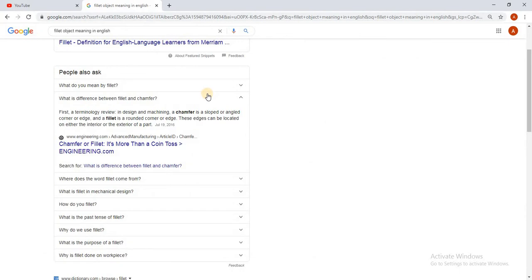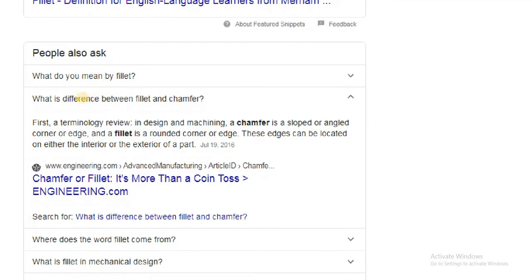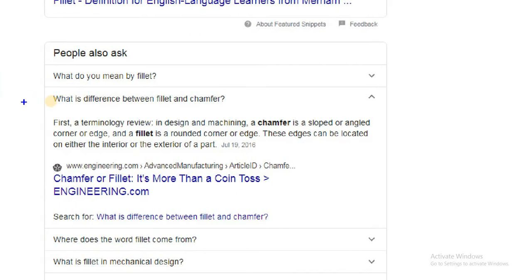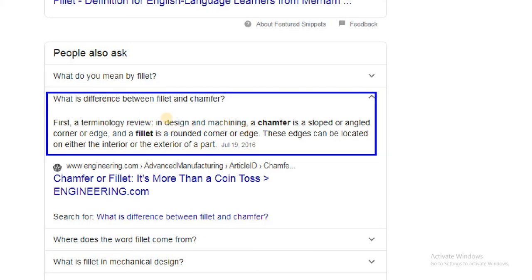Okay. Here from Google we can also see the difference between chamfer and fillet: fillet makes a rounded corner shape, but chamfer makes a sloped or angled corner shape.